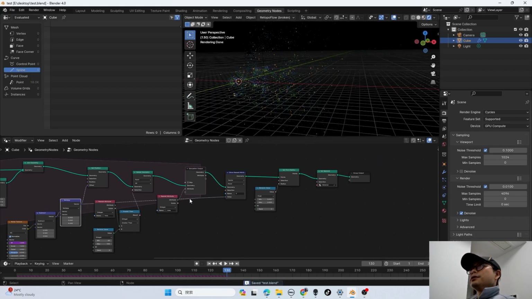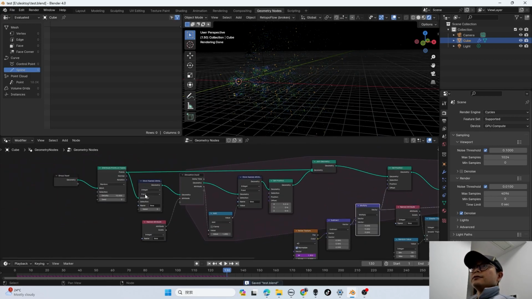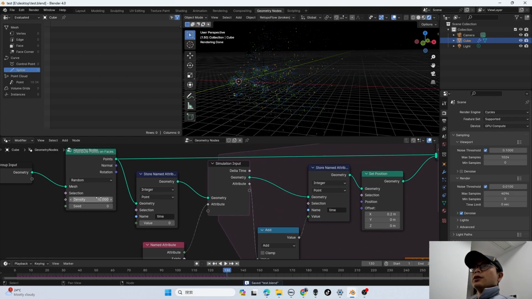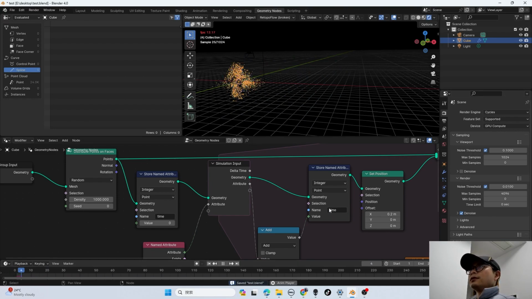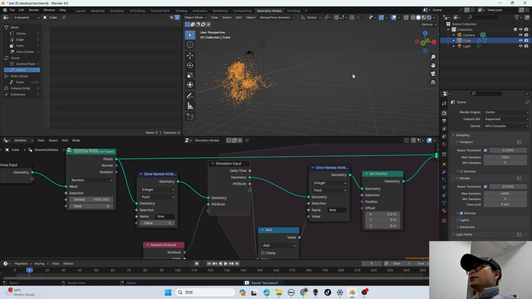And here we can have more points to make it beautiful. It's like 1000. Let's try. Okay, we will now go to the shading. Let's just wait. Then render